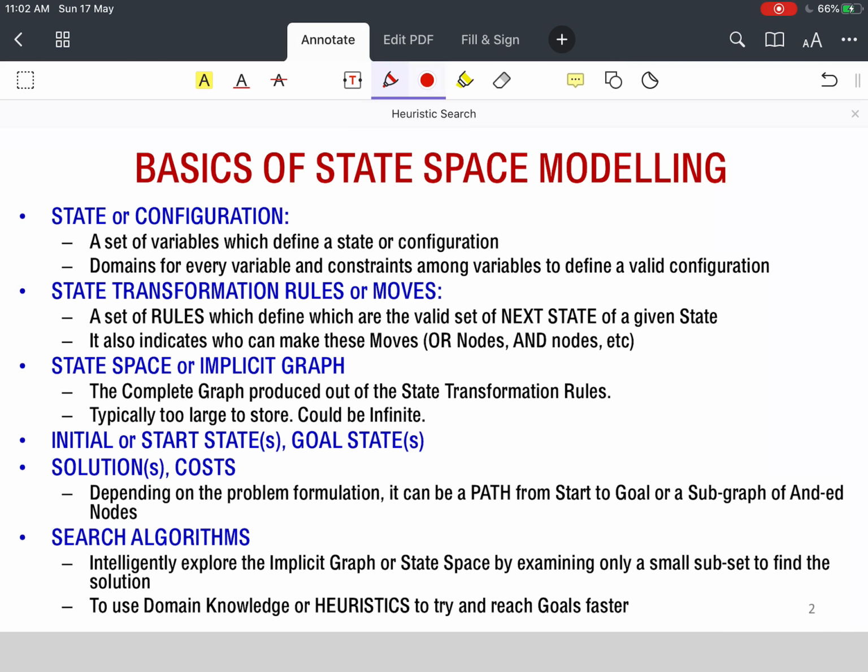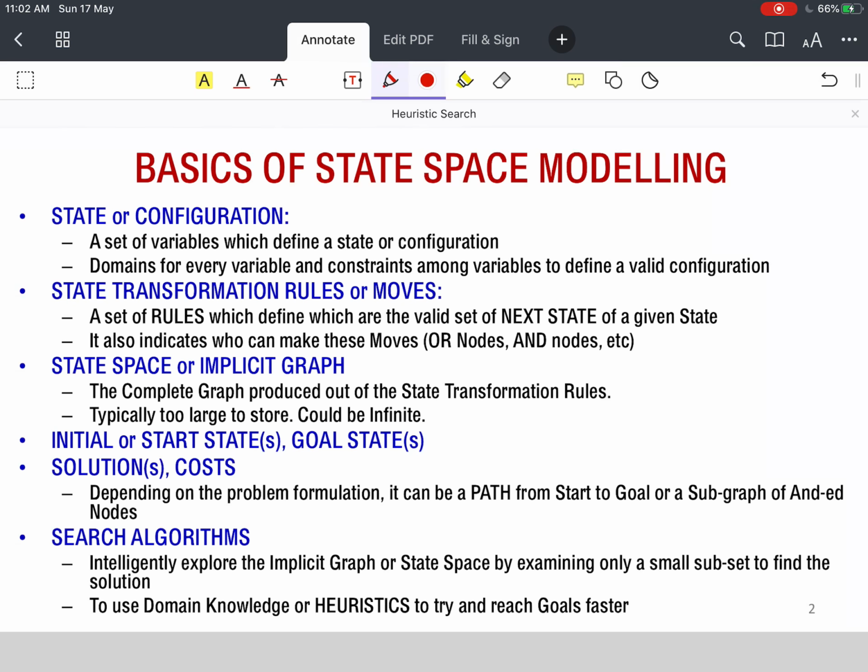Till now we have examined in details the state space modeling concept, which consists of a state or a configuration by which we model a problem, and this state or configuration will have a set of variables, and amongst these variables there will be constraints so as to define what is a valid configuration and an invalid configuration.